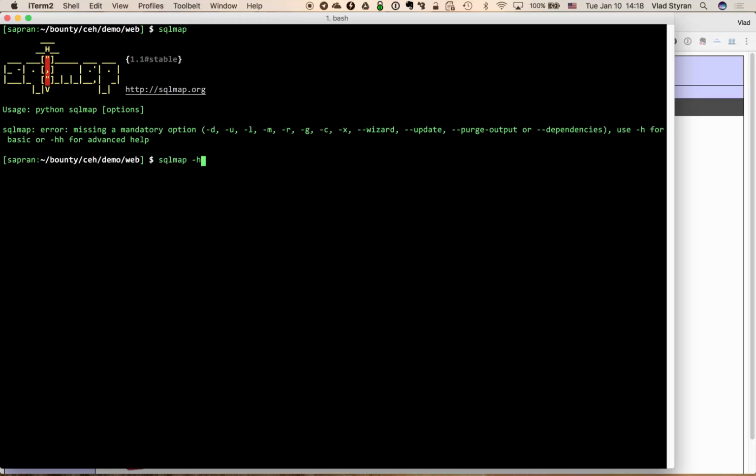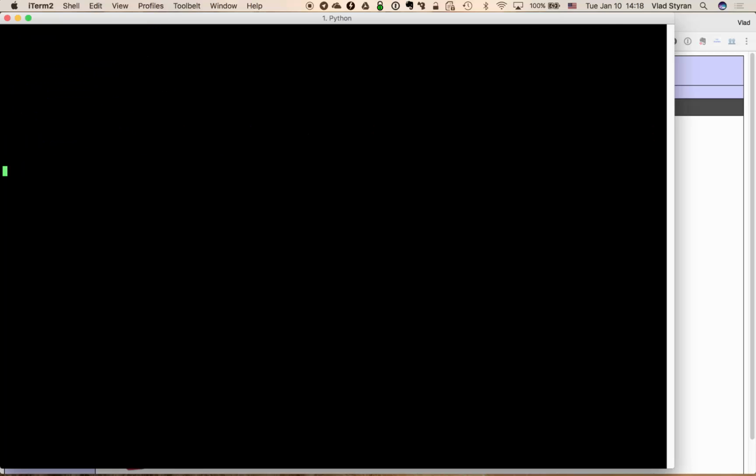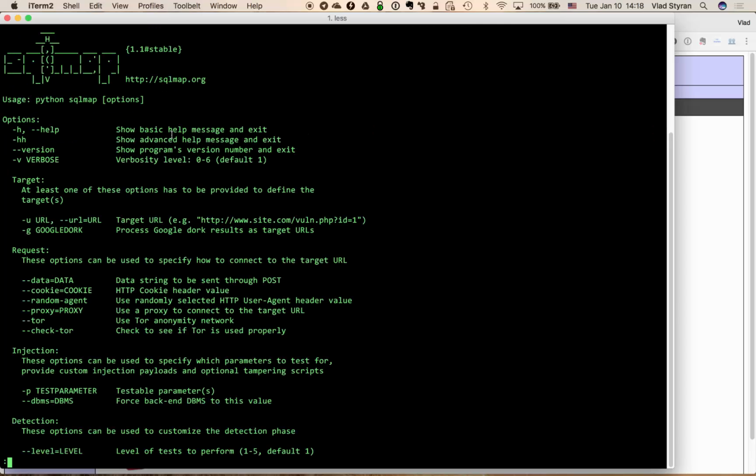So let's go through the help message first of all. In order to use that, we need to provide a URL. Okay, actually we don't have to do it all the time. We either provide a URL and then do all this configuring in the command line, or we can just grab a request with all its headers from the network traffic, right, and then save that request to a file and then